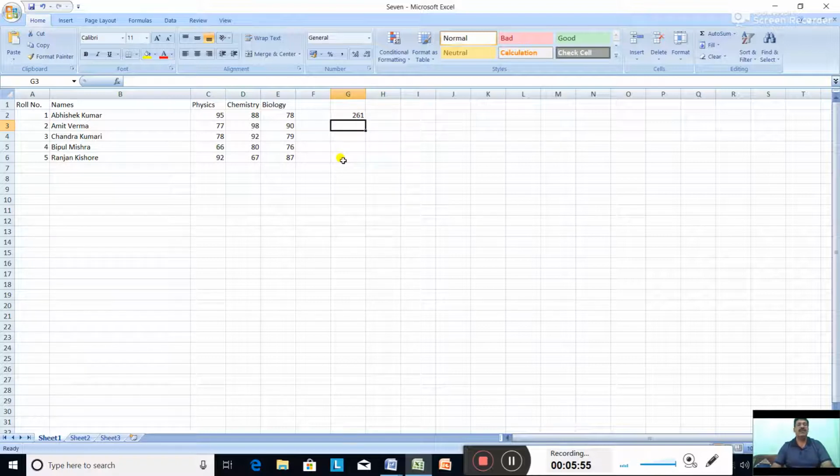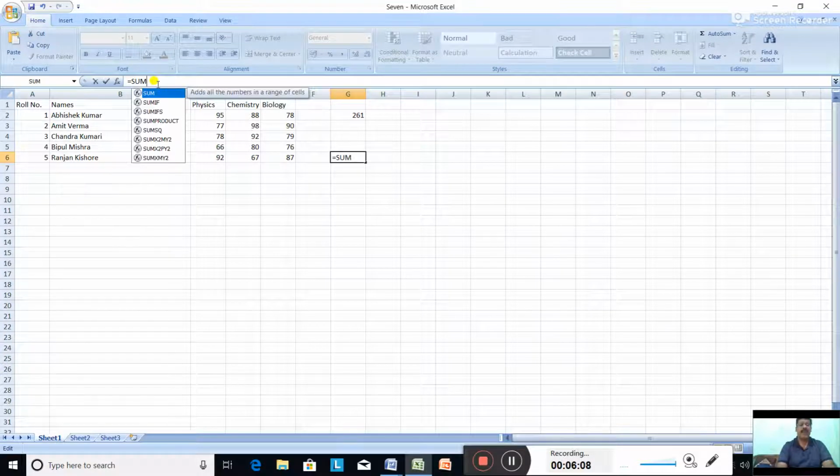In the same way, suppose you want to find out the total marks of Rajan Kishore. Click on G5 and go to the formula bar, write the equal to sign, write SUM, and what is the first one? The first one is C5. So write C5.